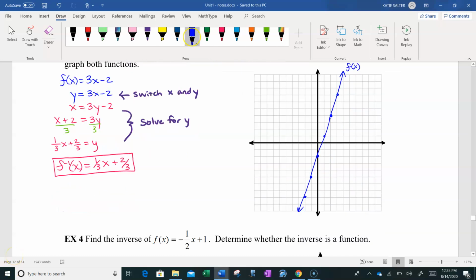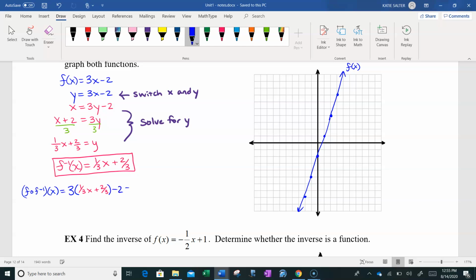The next step says to verify that they are inverses. So to do that, we're going to do f of the inverse of f of x. This is where we use our definition. So what that means is we're going to substitute our inverse function into our original function. So that's 3, and then where we put our x, we're going to substitute the 1/3 x plus 2/3 minus